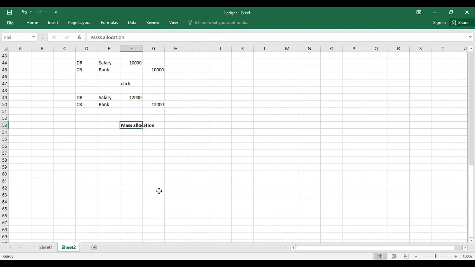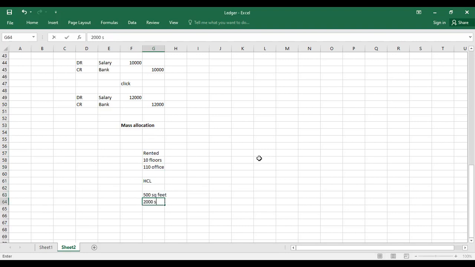Mass allocation. Suppose I rented an entire building having 10 floors and 100 offices. You can say 110 offices, because it will not be equally split. Some offices may be big and some small. Okay, so I am using this full complex for HCL only, but I am using 500 square feet for sales,